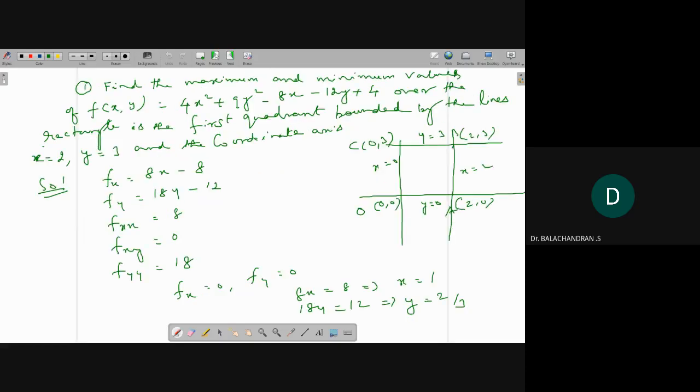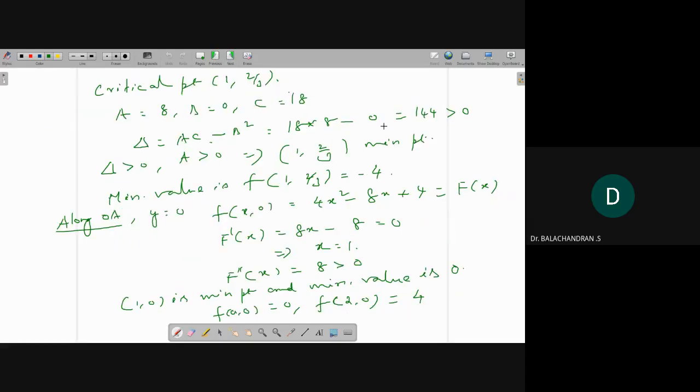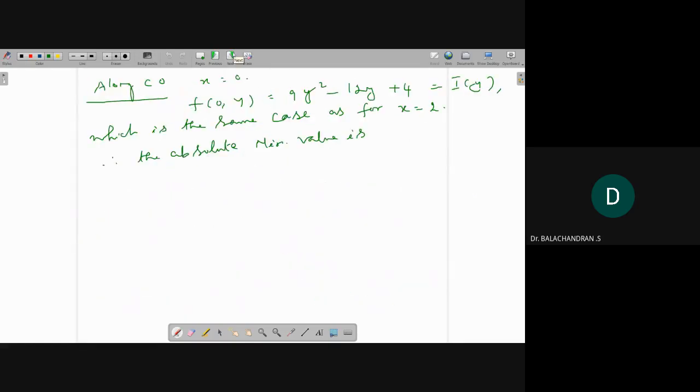So at the critical point I have what? The minimum value, minus 4. So out of this, minus 4 is the minimum. So the point is 1 comma 2 by 3. And also find the maximum value. First, I am going to write the minimum point and the minimum value. The absolute minimum value is minus 4, which occurs at 1 comma 2 by 3, and